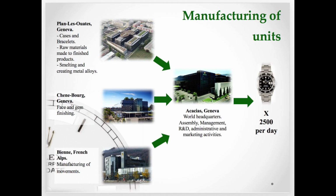hold polishes extremely well. The Bienne site is the production facility for the movement of Rolex watches. The components, often tiny and of complex geometry, are manufactured with a precision of the order of a few microns. This allows 100% of Rolex movements to meet the accuracy criteria of the COSC, who are a third-party quality control